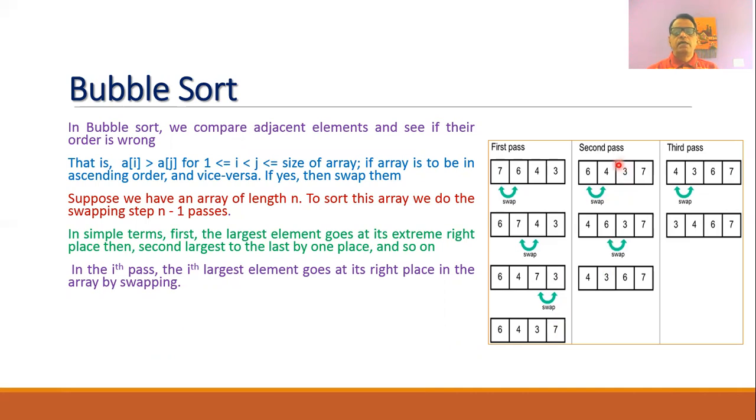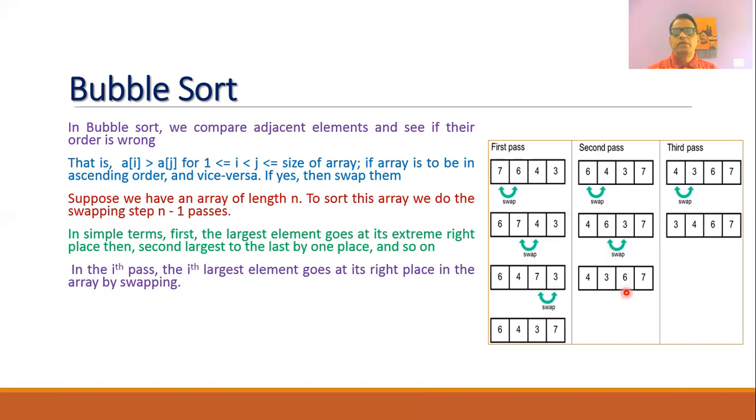Now in the second pass, again we will start comparing between the first two values, and 6 is larger than 7, therefore 6 will be shifted to the next position. Then we will compare 6 and 3, and then 6 will be shifted to the next position. So in the second pass, only two comparisons are to be made, and now the 6 is placed at the